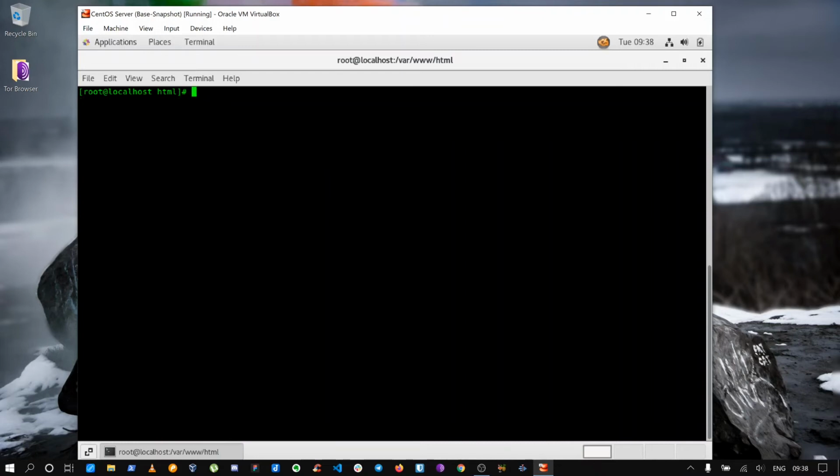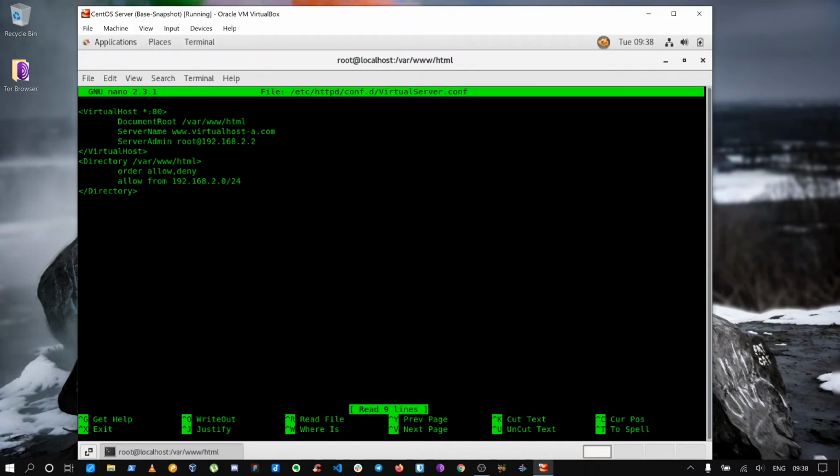So we're going to create the other website, another virtual host with the same IP address. There's nothing special you have to do. Just go back to the configuration and add another configuration with the same IP address.